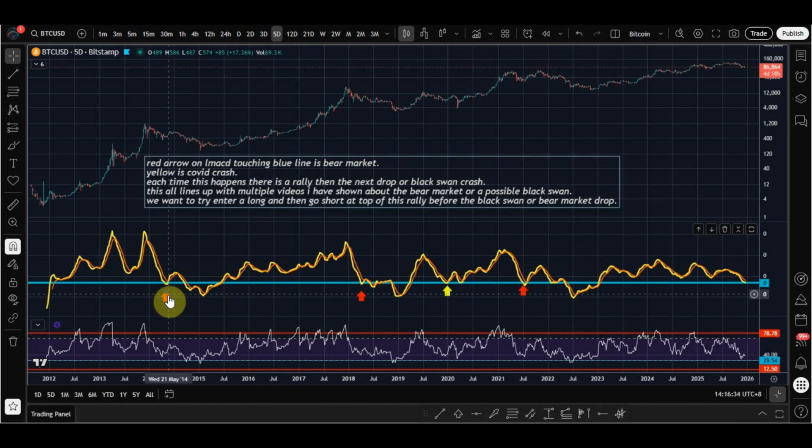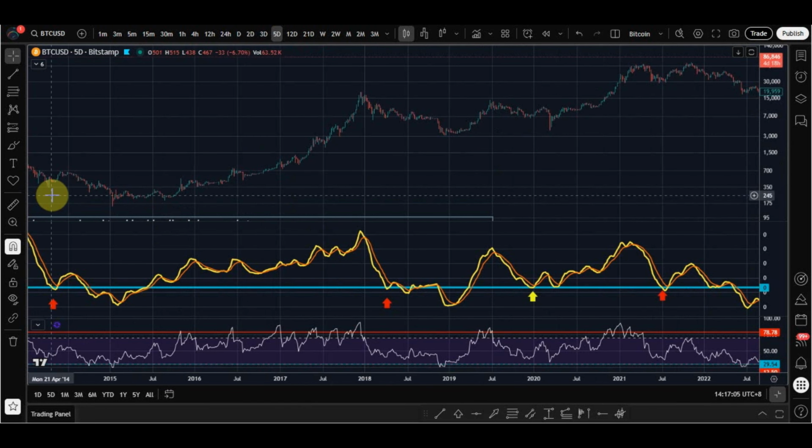The red arrows show each time the LMACD touches the blue horizontal line. This indicates a bear market. The yellow arrow was the COVID crash. Each time this happened, there was a rally in price, then a drop into the bear market lows or a